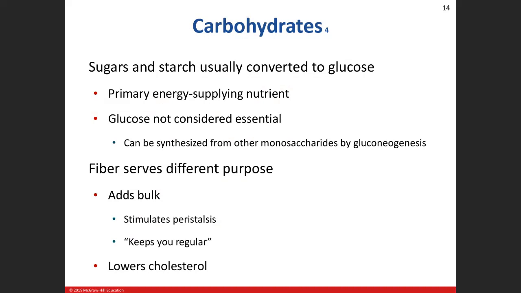So keep in mind, the preferred form of energy in our body is glucose, but it is not essential. And it's not essential because guess what? We can make our own glucose thanks to the liver, through gluconeogenesis. So if we're not getting it in our diet, no problem. The liver's just got to take one extra step and start the process of gluconeogenesis. But a lot of the tissues prefer glucose for their primary energy